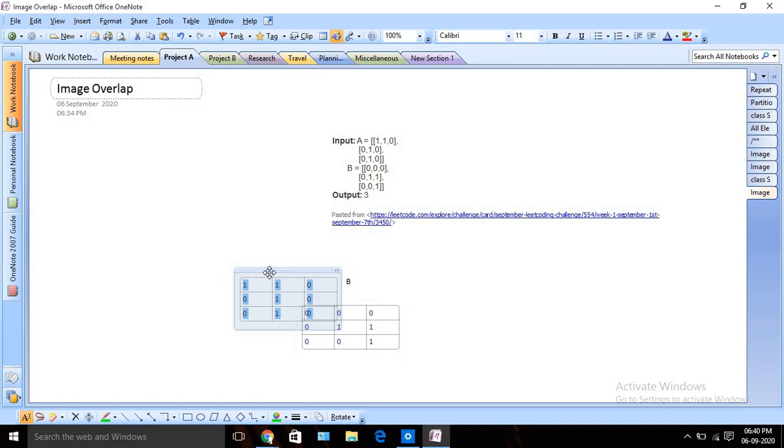Whenever we try to find all the combinations, suppose it's my matrix A, right? I can move in 4 directions. I can move to the right, I can move down, I can move up, and I can move to the left. So in these 4 directions I can move, and using these I need to check all the overlapping values, and I need to return the maximum number of overlapping 1 values, where the cell value is 1. Okay, so this is the problem statement. So how can we solve it?